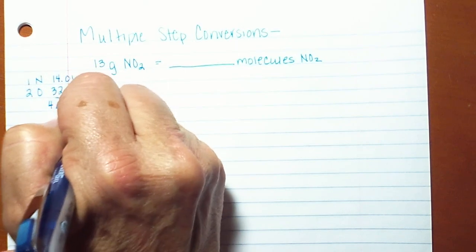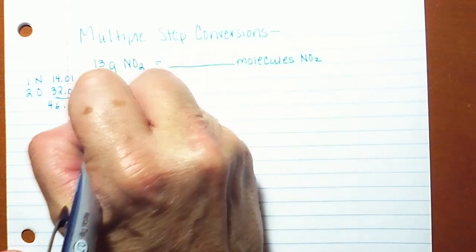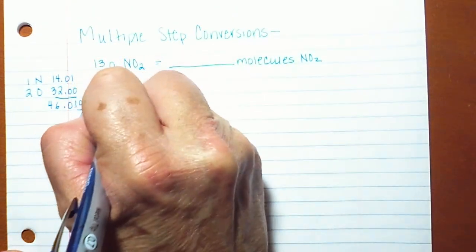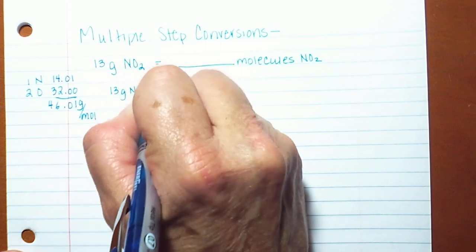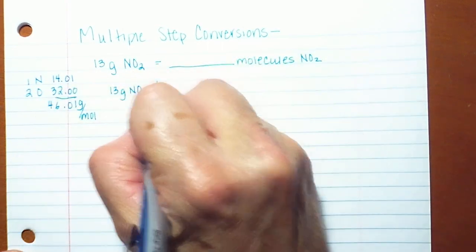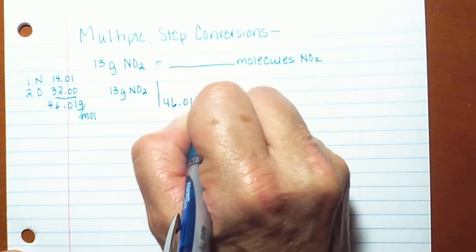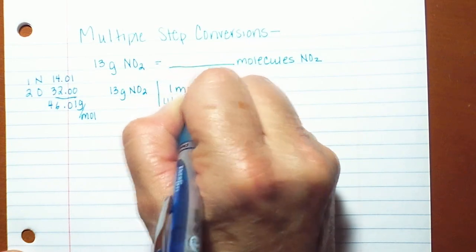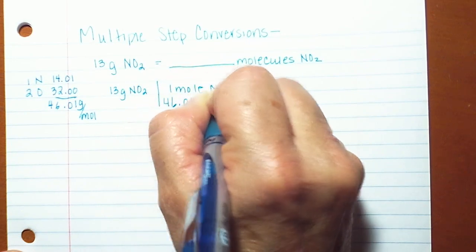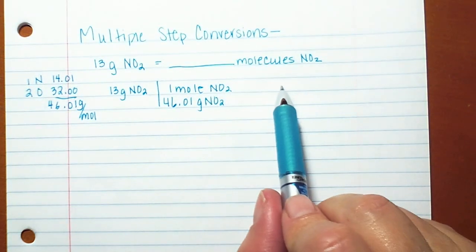So 46.01 grams per mole is my molar mass. I'm going to start with my 13 grams of NO2, and my first stop is going to be to moles. So 46.01 grams of NO2 is equal to 1 mole. Now, if I wanted to, I could stop here, run this calculation, get an answer, and then I could start